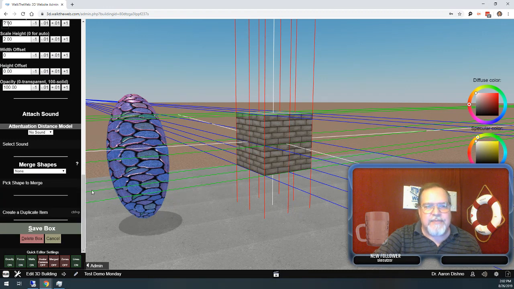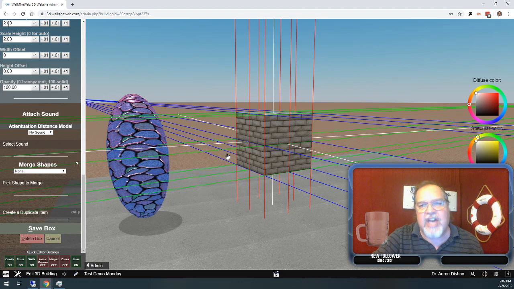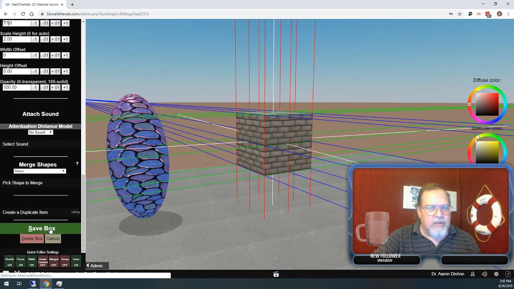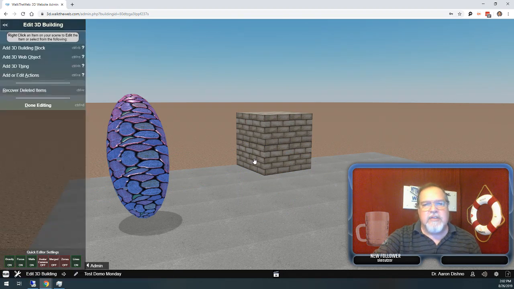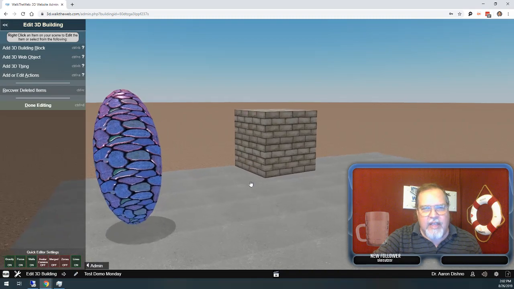I'll get into merge shapes on a later date. They're kind of cool. I can create an object and actually cut it out of another object or combine them into one. So there's a couple different things you can do with this. So that's a little bit of tutorial on that. Now there's one more part before I move on that I'm going to show you,